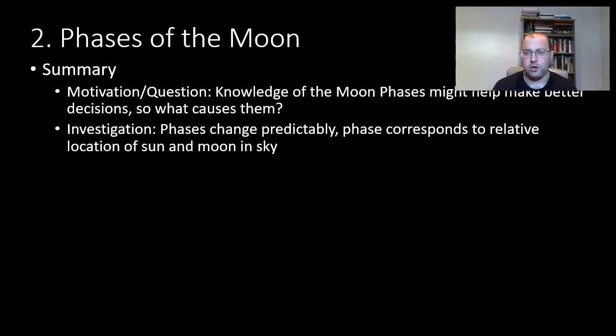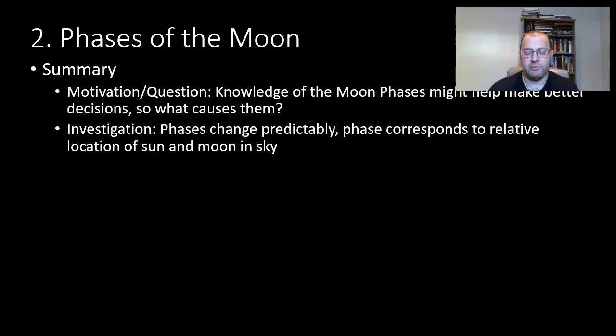You know, we go from a new to a crescent to a quarter to a gibbous to a full, back to a gibbous, but the gibbous is on the other side, to another quarter moon, 3/4 moon, to another crescent, back to a new moon. And furthermore, the phase of the moon is going to be very predictable by the relative location of the sun and the moon